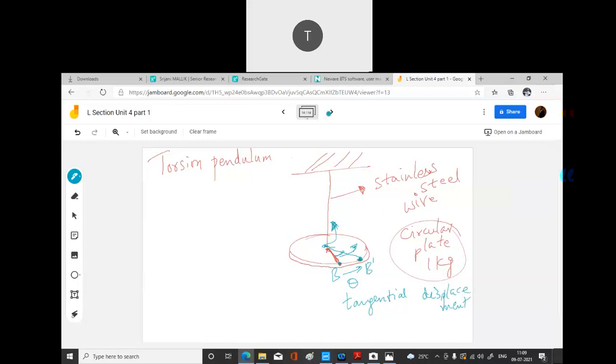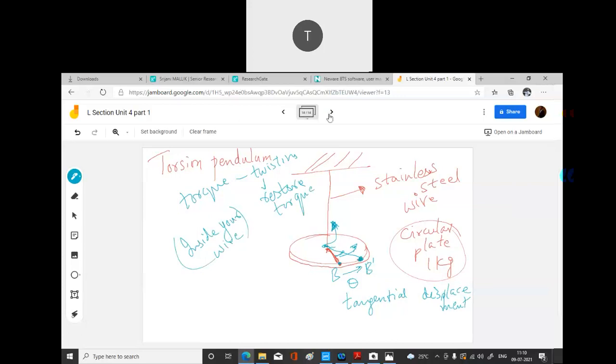This stainless steel is having a torsional oscillation, or what we call torsional twist. Okay, so it will have a twist, and it will develop a restoring torque. So you are actually creating a torque by twisting. Once you have twisting, then what happens? Inside your wire, you have something called restoring torque. Restoring torque is like it wants to come back to its original position. So that means what happens? From B, it will try to come back to B dash.